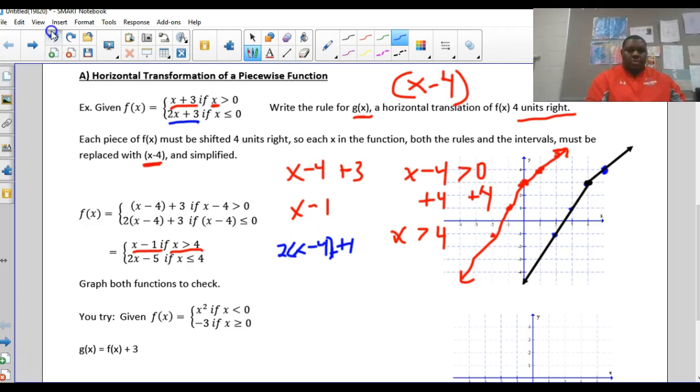Oh man, hold on, the computer's on the fritz. 2x minus 4. And the condition as well must get the same thing. x less than or equal to, x minus